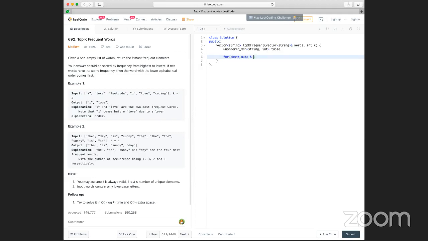I have got the words here. W in words. What we'll do is we'll basically table W plus equals to 1. By default, I think it is 0. Okay. Yeah. So now the table is created. Then we'll create our